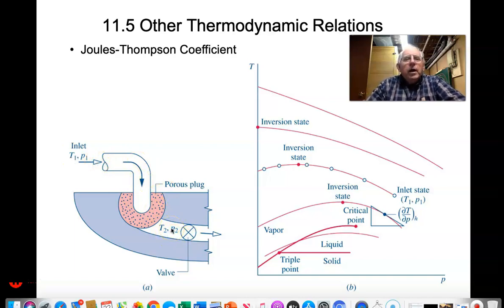And so that Joule-Thomson coefficient will tell us what happens. And so if I were to take a substance, a pure substance, and plot temperature versus pressure,